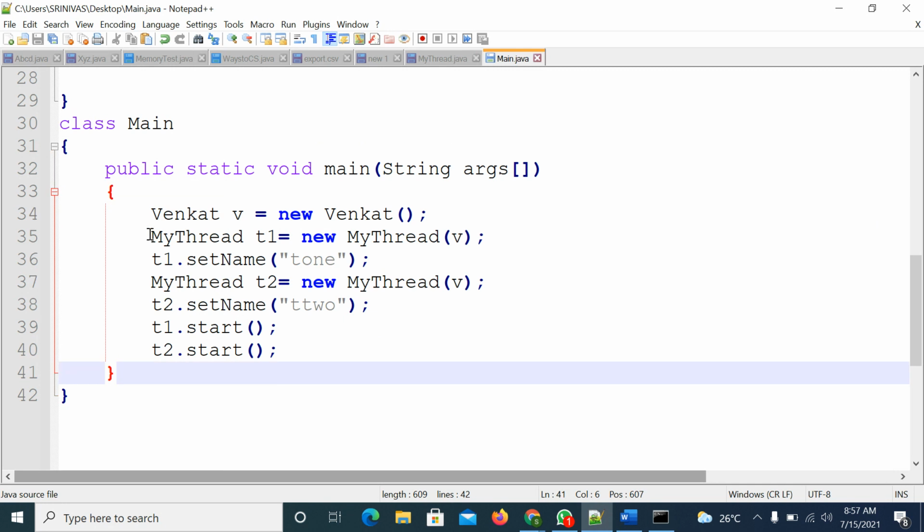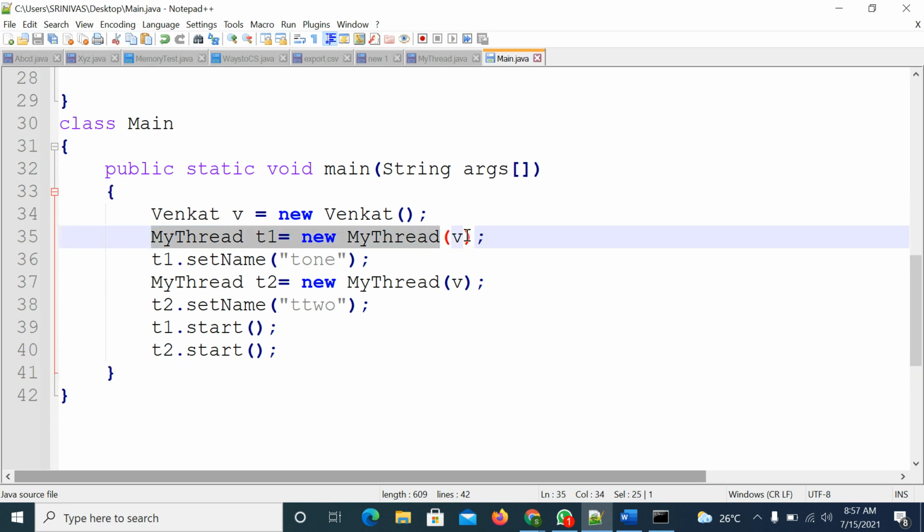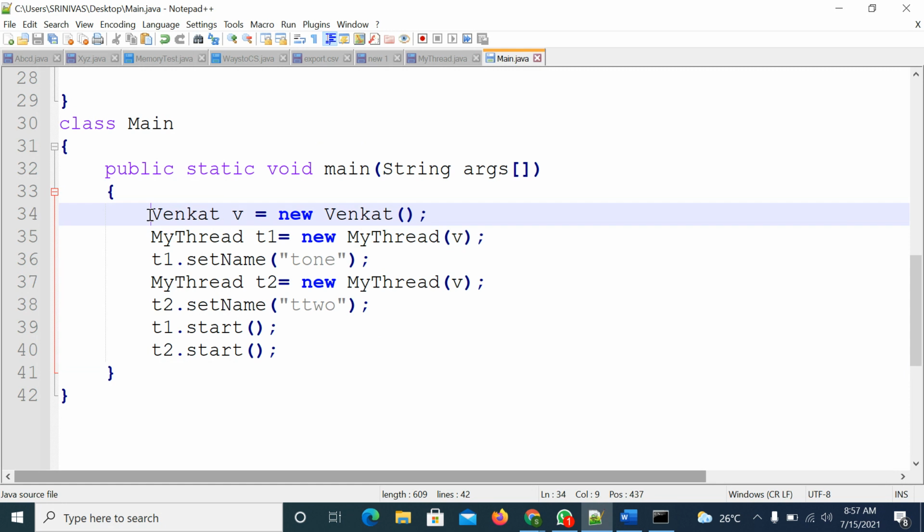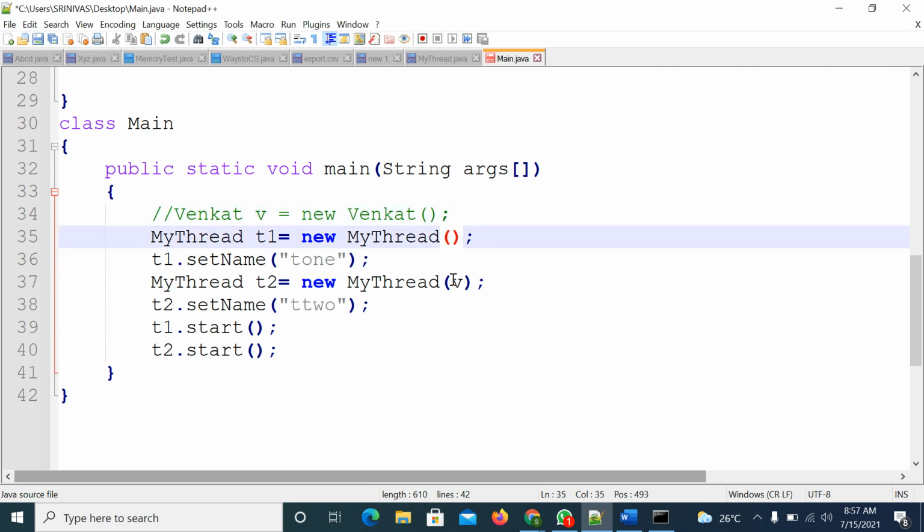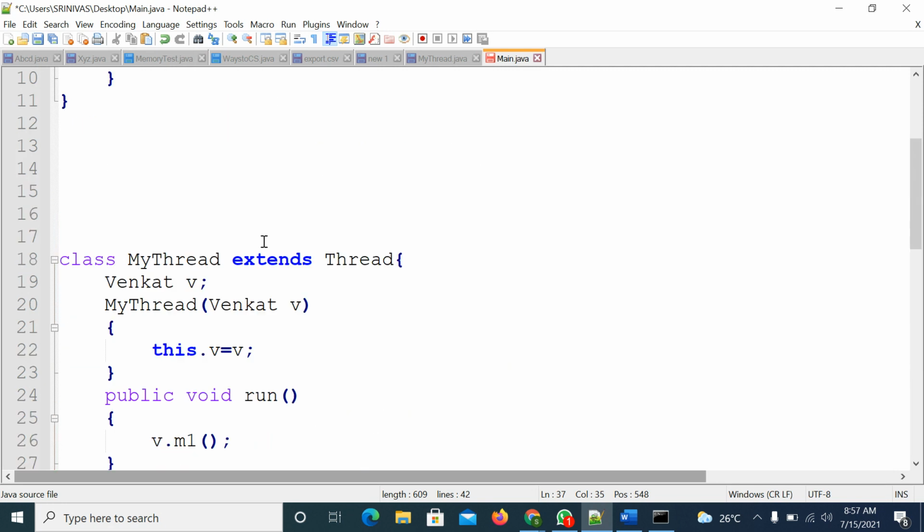Actually, when you created the object last time, if you are not creating it like this, I will comment it out. Earlier this code was not there, so it was like this.